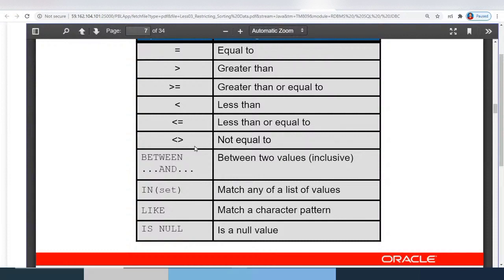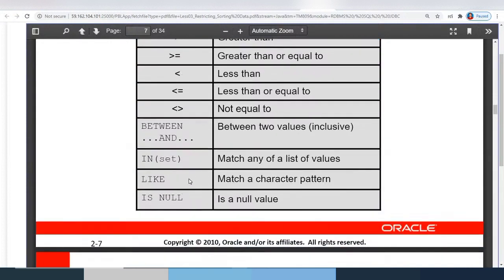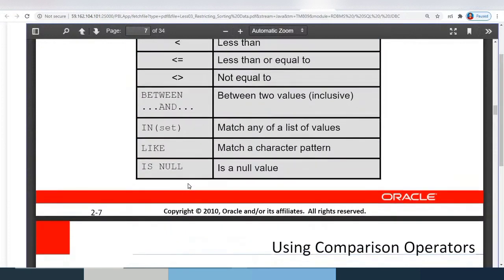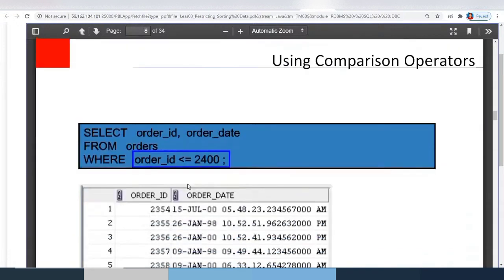This is what the not equal to is, and between is the one which you will be using in order to say in between the values, including the values which you specify. And similarly, in order to match your required condition among a list of values, you will be using the in operator, in order to have your condition matching with the list of values specified in the set. Similarly, like, in order to have a matching character pattern, for that you will be using like. Is null, in order to check for a null value. Yeah, you can see all the